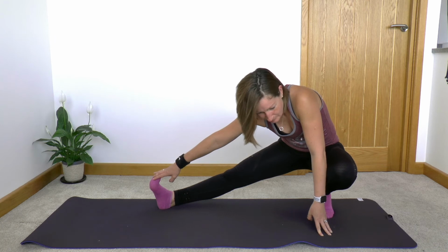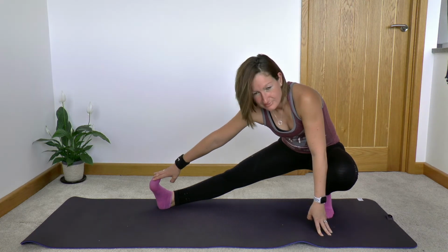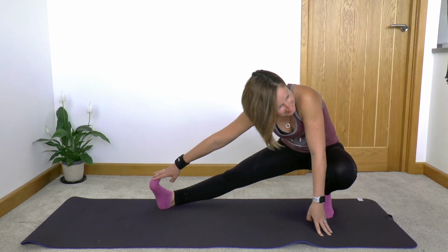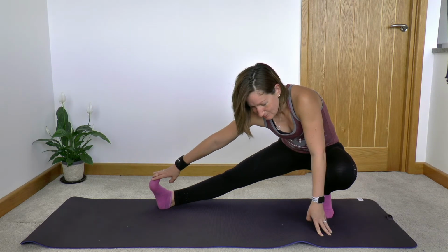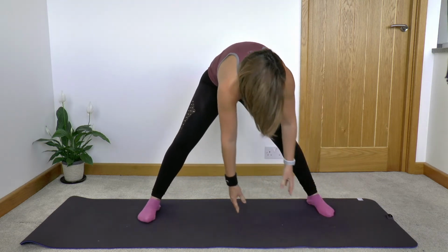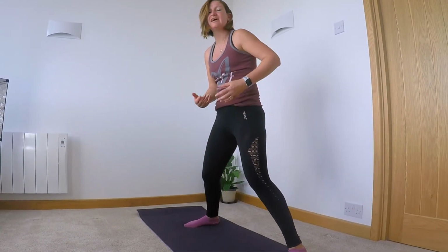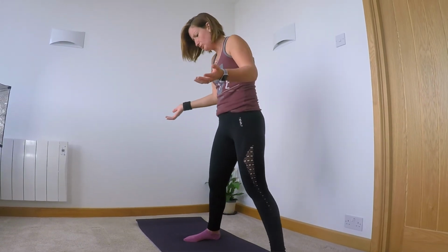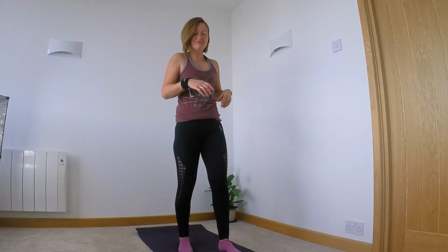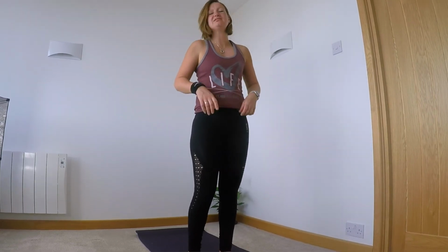Two more. And last one. Well done. We're going to stay, there we go, in this position. We're going to stand up nice and tall, heel toe inwards, because we like our knees. And from this position here, because you've been sitting down most of the day, we're going to do a full